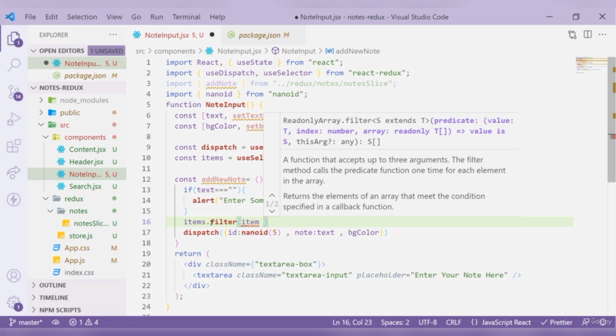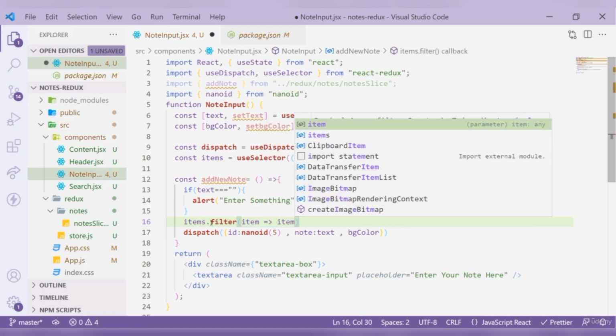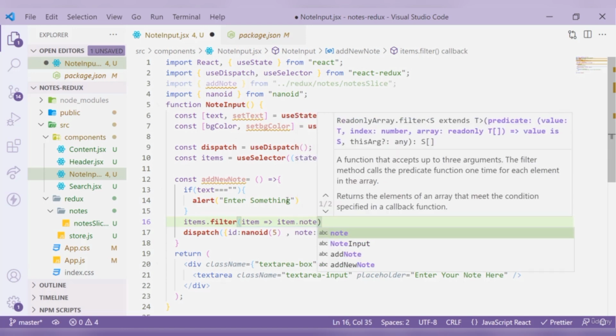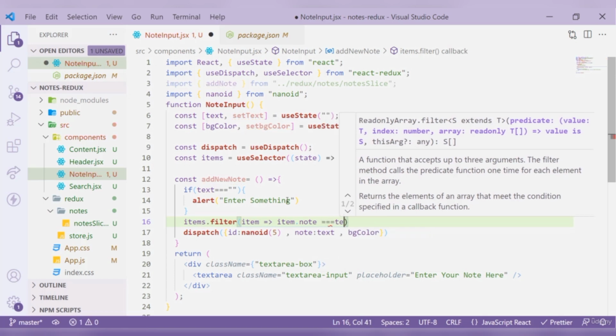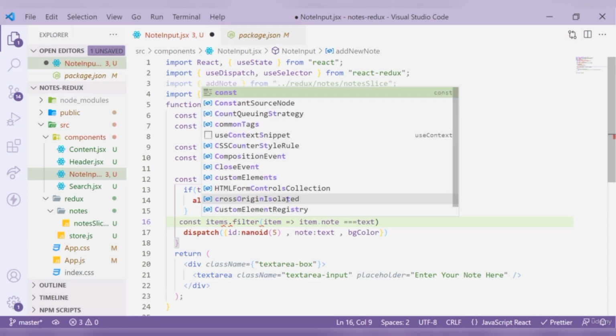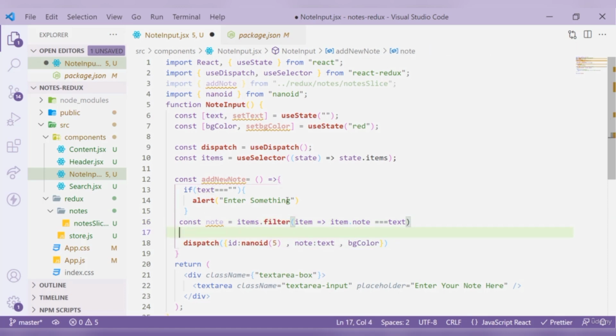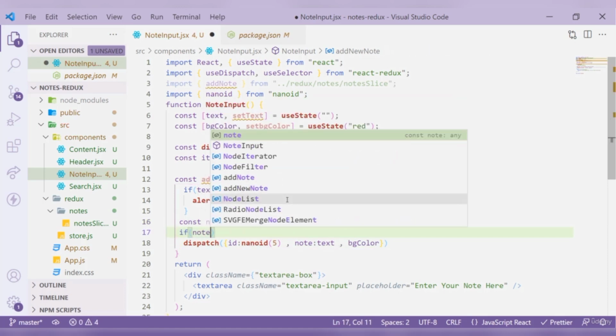And if it happens that the item is having the same note as the note that we are creating in the text, that means item.note triple equals the text that we are having right inside of our note input, then we want to store that particular data inside of this particular constant that is going to be called note. And if it is going to store some data, that means its length is going to be greater than 0. So if note.length